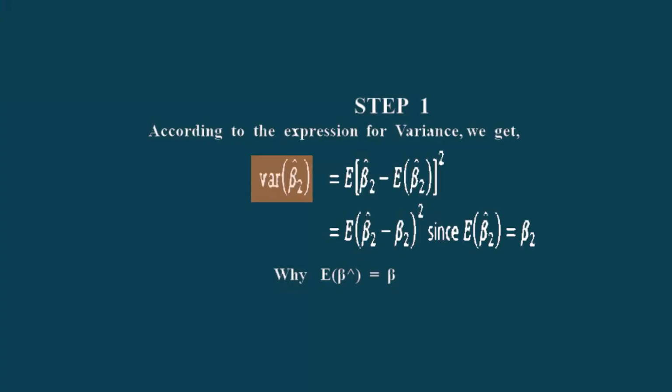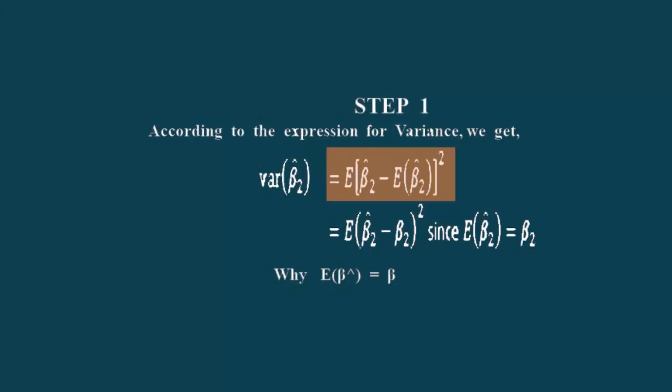So for the minimum variance property, we start from the basic expression of variance of any random variable, say x. The variance of a random variable x goes by the expectation of x minus the mean of x whole square. In this case, we can refer to this particular expression for the variance of beta 2 hat. Whenever we are referring to beta 2 hat, it is the estimated slope coefficient under the ordinary least squares model already derived. So variance of beta 2 hat is equal to expectation of, as if the variance of x, where x happens to be a random variable,